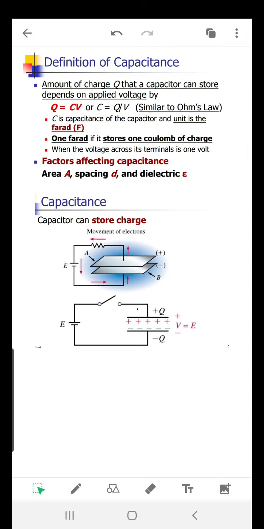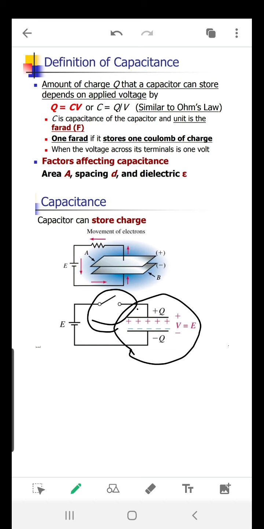So what is a capacitor? Capacitor is a device which stores the charge. That means when in a circuit a capacitor is connected, that stores some charge. If for some instance the voltage flow is stopped, that means suppose in this circuit this voltage source is open, then also through this capacitor some charge is flowing. That means the stored charge will flow in this circuit and the circuit will run through this capacitor.